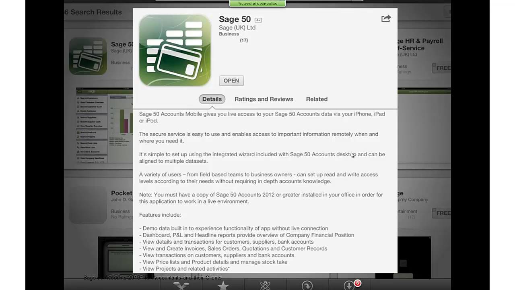It is simple to set up using the integrated wizard, which is included within the Sage 50 accounts desktop software, and it can be aligned to multiple data sets as well. For example, a variety of users from field-based teams to business owners can set up read and write access levels according to their needs without requiring in-depth accounts knowledge. And again, this is a feature that's available in 2012 or higher